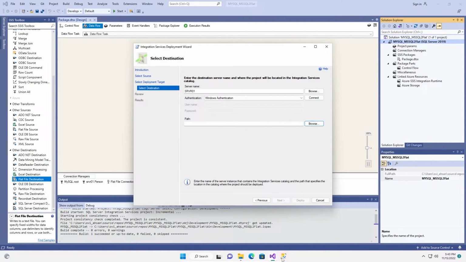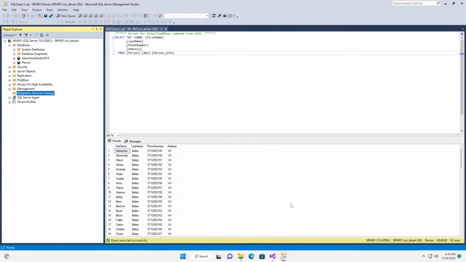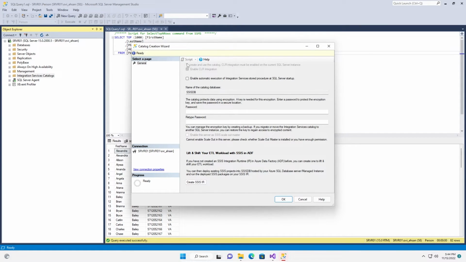So you have to create the catalog first. From SQL Server, right click, create catalog. It's not showing here. Let me just quickly refresh the server. Create catalog. Here you can see SSISDB.